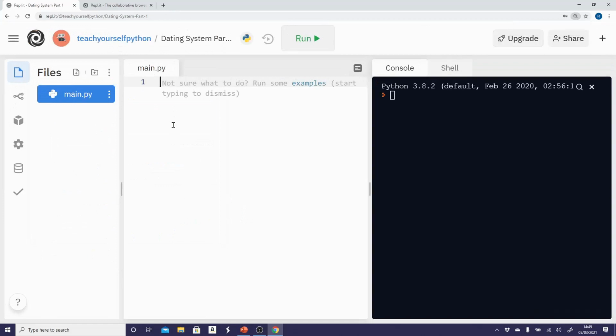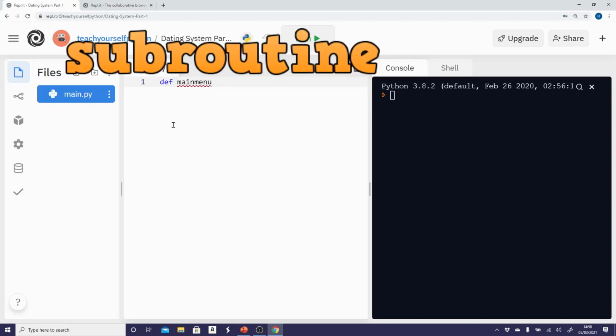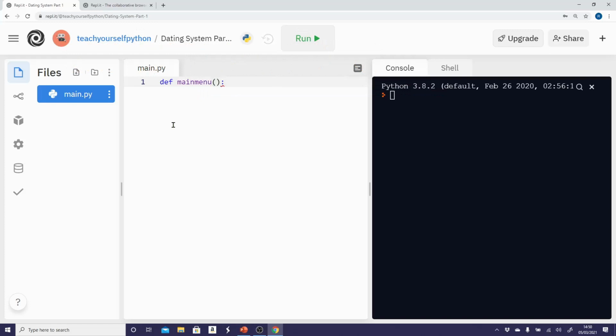Let's start. Now, the first thing that we're going to do is make our main menu. And we do that by typing def, which means define, create a subroutine, sometimes called functions, even though that means something different. So we're going to call them subroutines for now. So def main menu, I've got a main menu subroutine. Don't forget these open brackets, close brackets, and colon. And notice what happens here. As soon as I do that, it indents